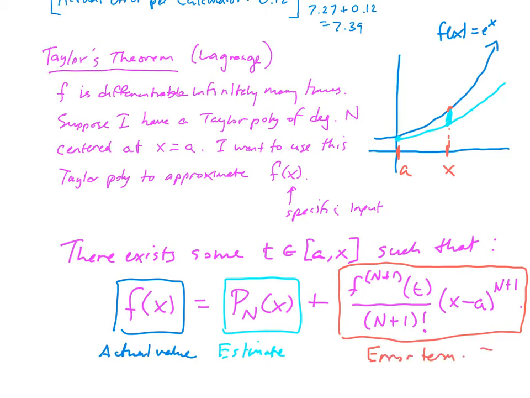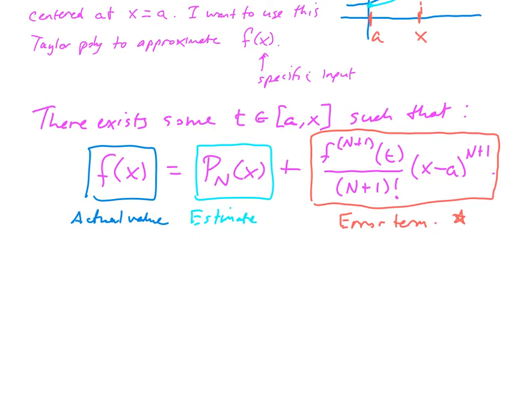And this is the thing that we're trying to get a handle on here. We want to figure out how big that could be. Now, one thing I want you to notice here is that this thing here looks a heck of a lot like the next term of a Taylor series, right? Like this Taylor polynomial here, this thing here was,